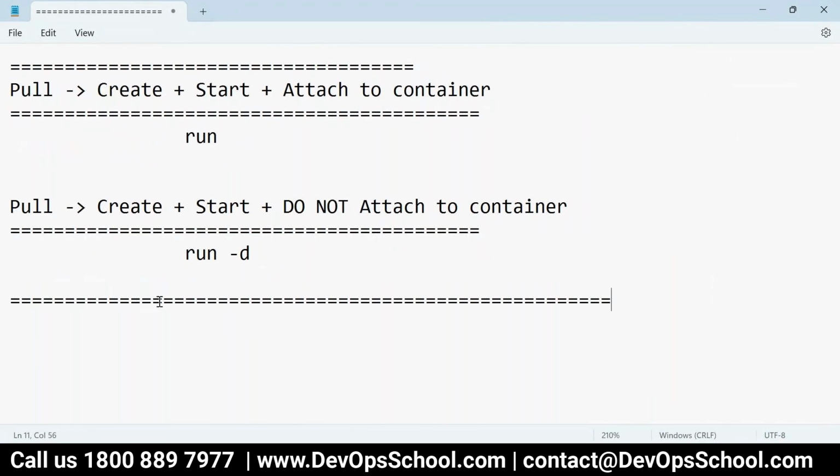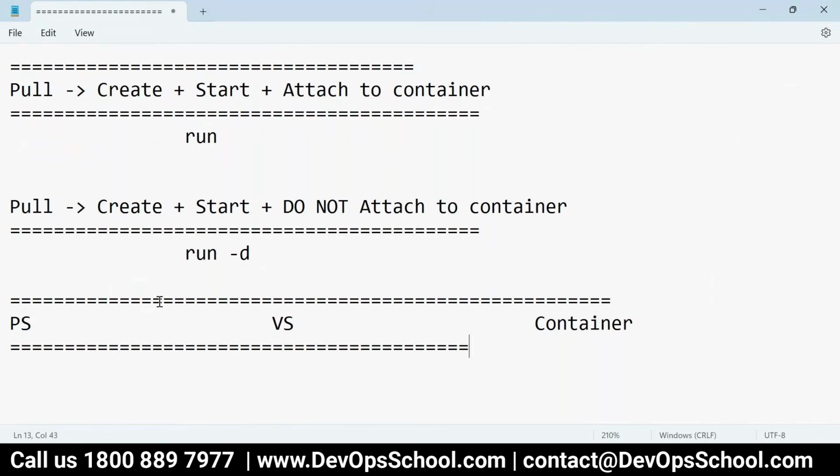So this is a physical server. This is a virtual server and this is the container. See, these are all compute units. Physical server, like your laptop, is a compute unit. Virtual server is also a compute unit. Container is also a compute unit. So you know what? Physical server is